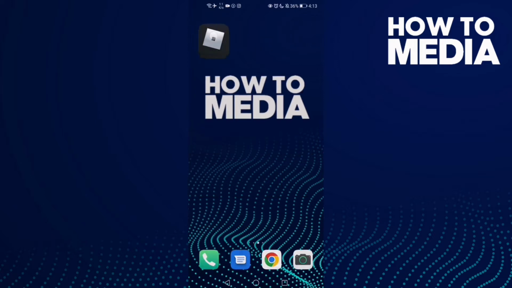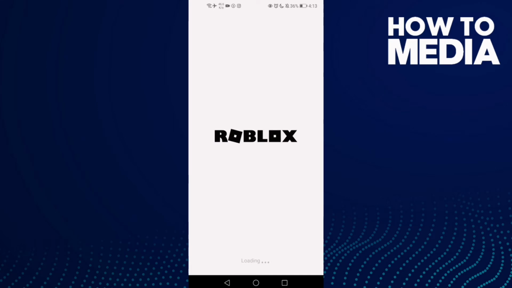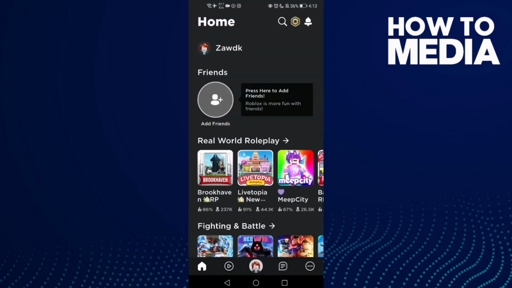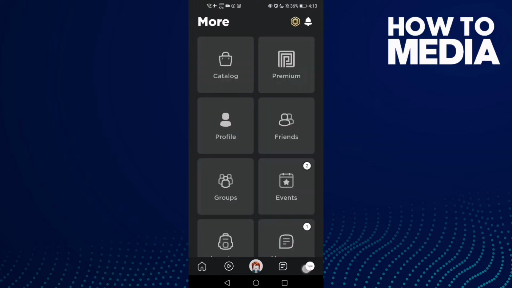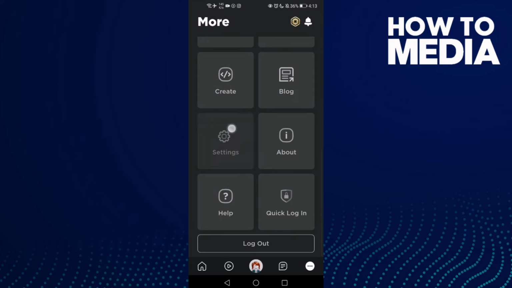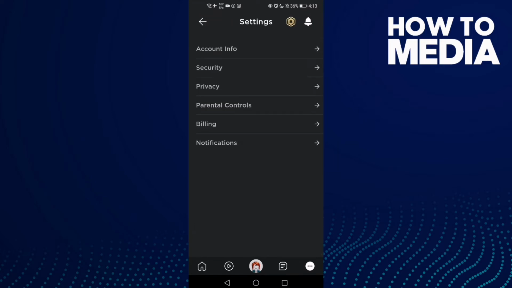First thing, go to Roblox and then click these 3 points here in the bottom corner and then go down, and here you will find settings. Click on it and now click notification,